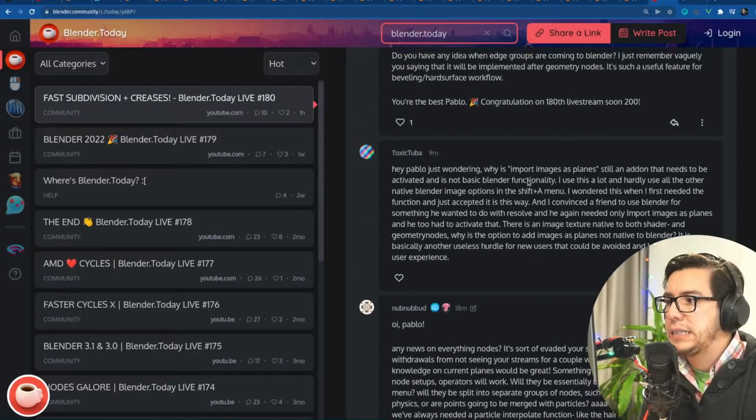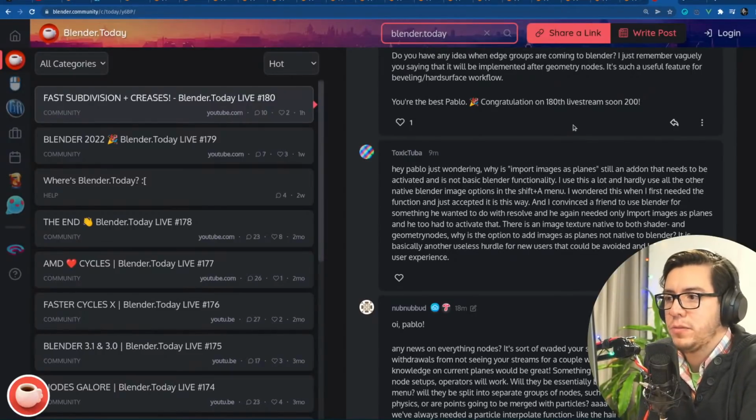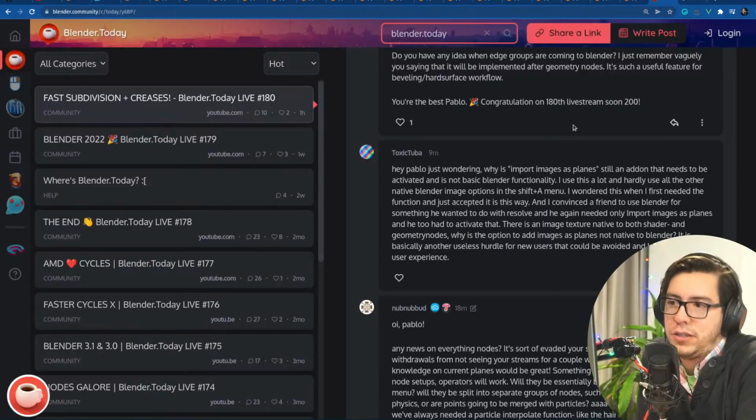Here, Toxic Cuba says, hey Pablo, I'm just wondering, why is Import Images as Planes still an add-on that needs to be activated and is not a basic Blender functionality? I use this a lot and hardly use all the other native Blender image options in the Shift A menu. I wondered this when I first needed the function and just accepted it this way. And I convinced a friend to use Blender